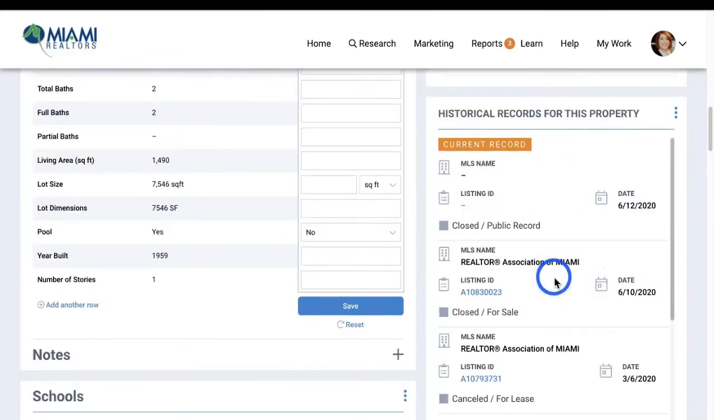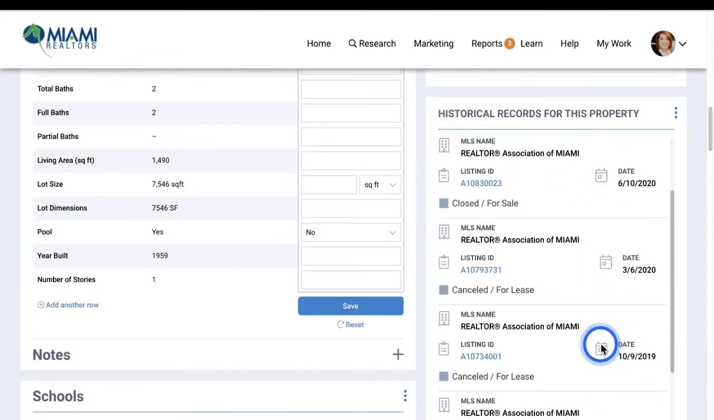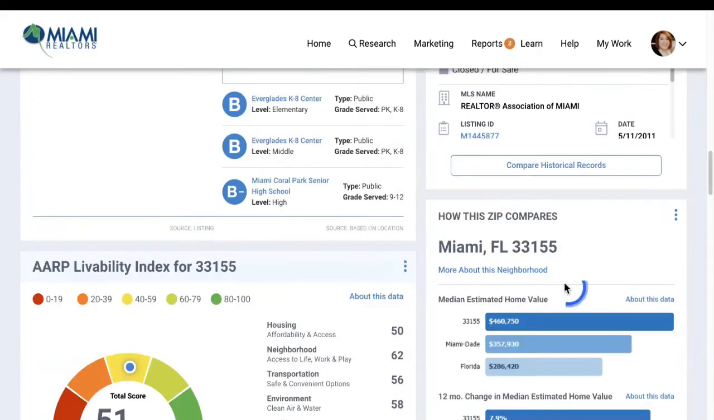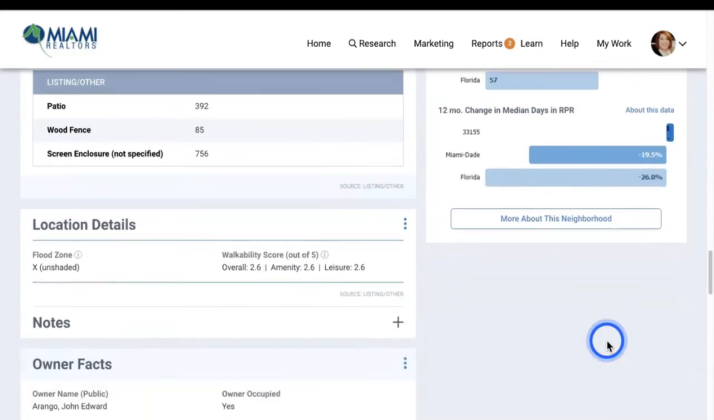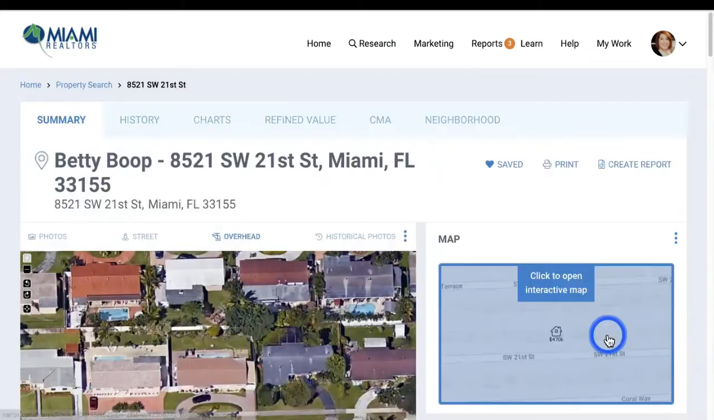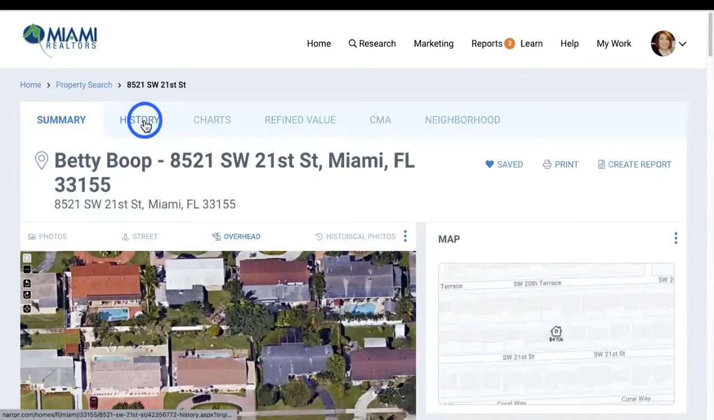You have your historical records for this property. That's the MLS history. And then you have information on this zip code. Okay. Now, that was all under summary. If I click on history,